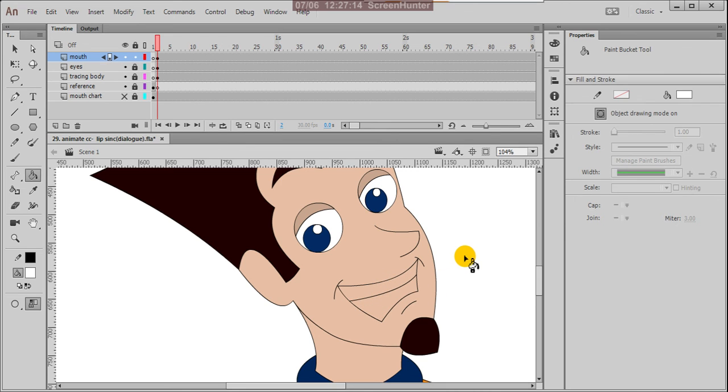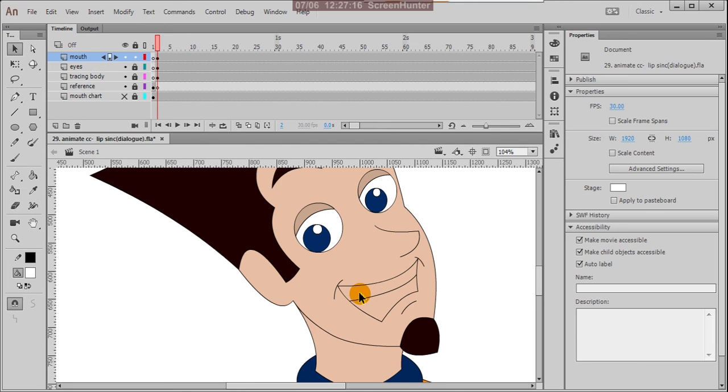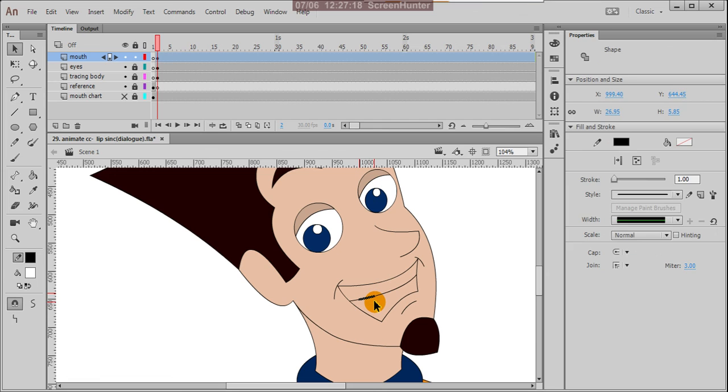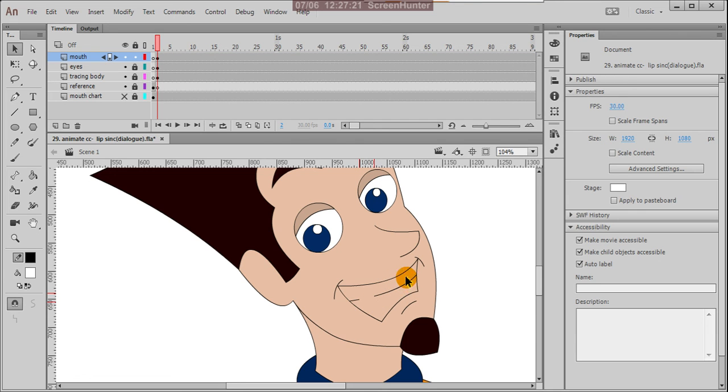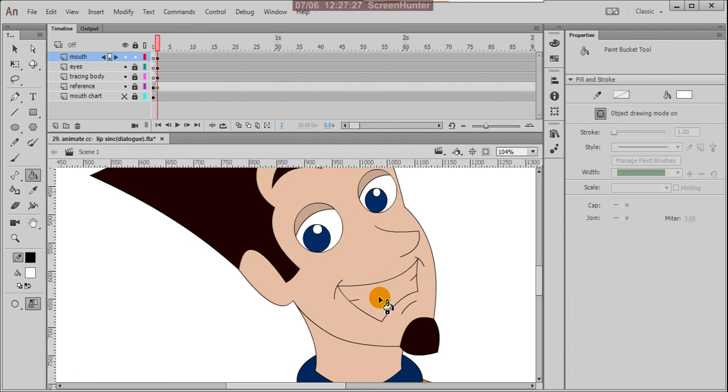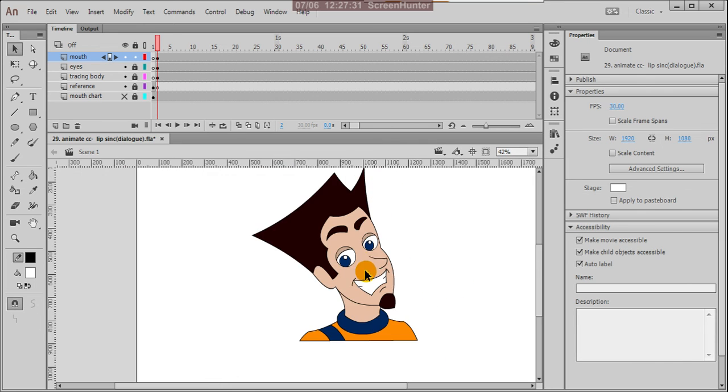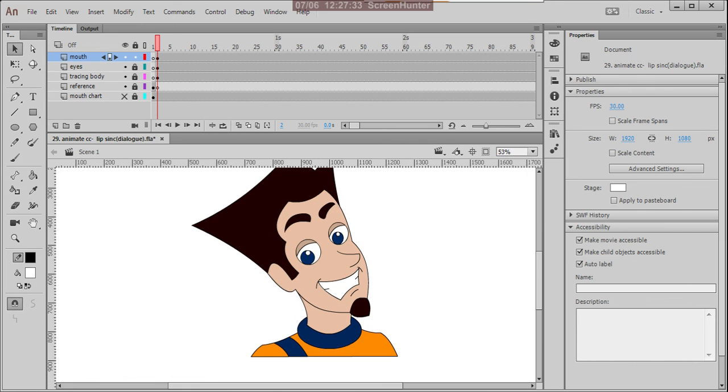Before that, here I'm giving some break because this line is not required. Okay, now I use white. Perfect. Okay, so this is the character.